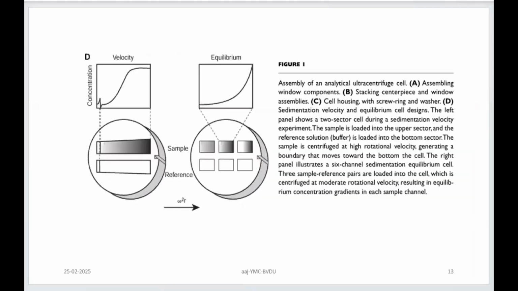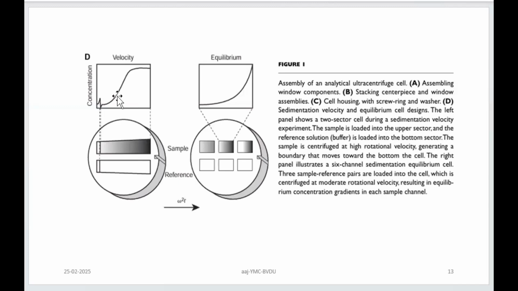Now, to go into a little more detail, there are two phenomena that we have to learn, that is sedimentation velocity and sedimentation equilibrium. As you are seeing here, you have sedimentation velocity, and this is the sedimentation equilibrium design. Now, can you see this is your reference cell, this is your sample. Initially, the sample is uniformly distributed throughout, and this is the graph that you are going to get, right? So you are trying to find out the sedimentation velocity.